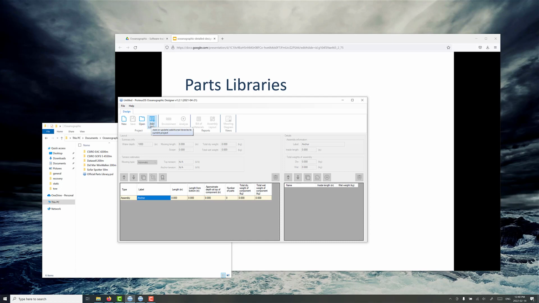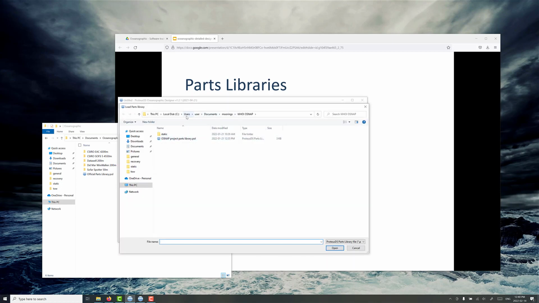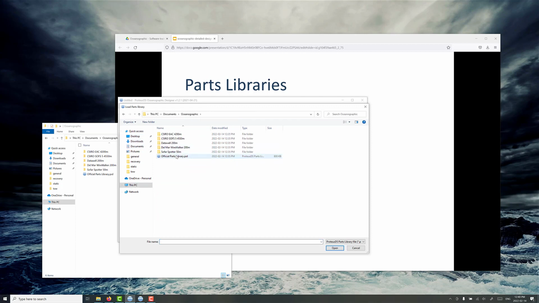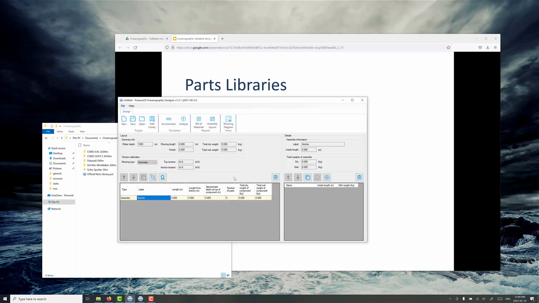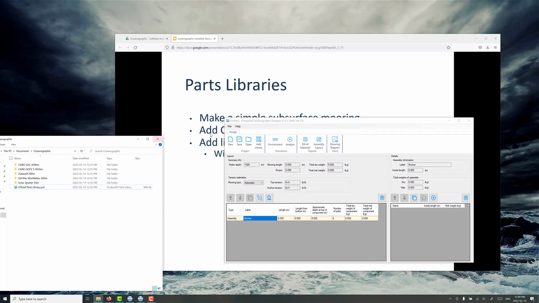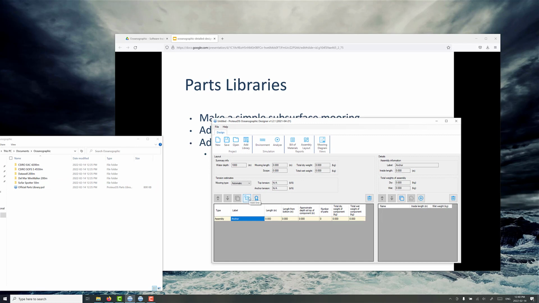So to get started with ProteusDS Oceanographic Designer, you do have to add the official parts library as a first step. You can make your own project parts library files and add them as well. The first thing we're going to do is add some wire rope. So you pick line,